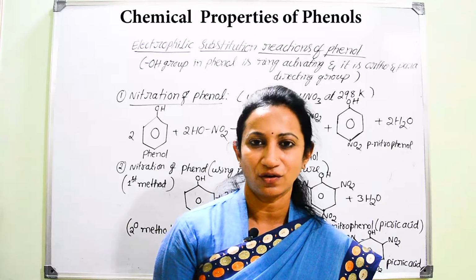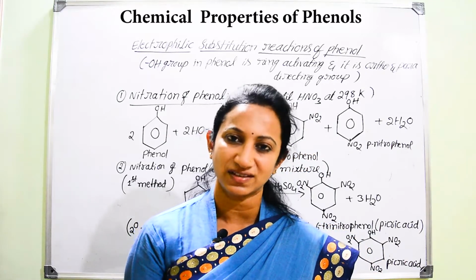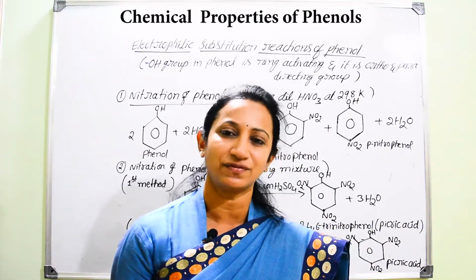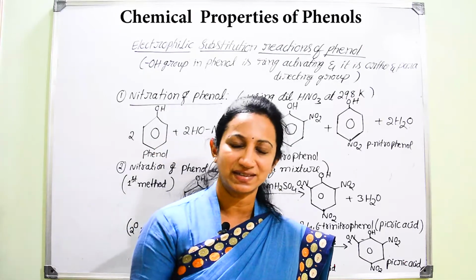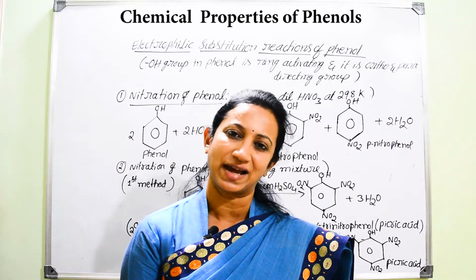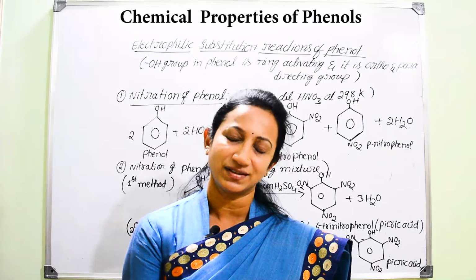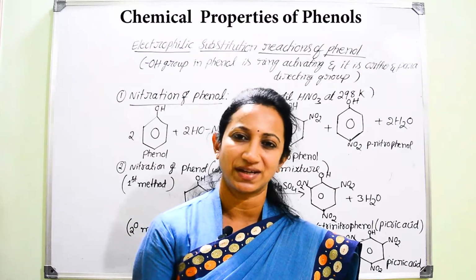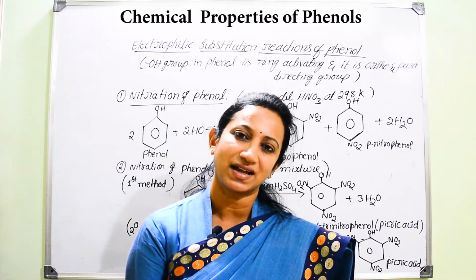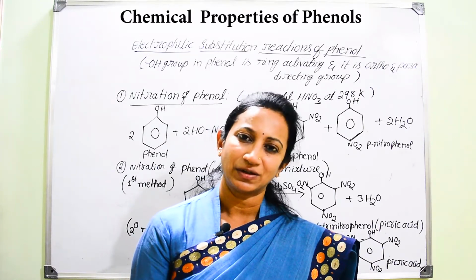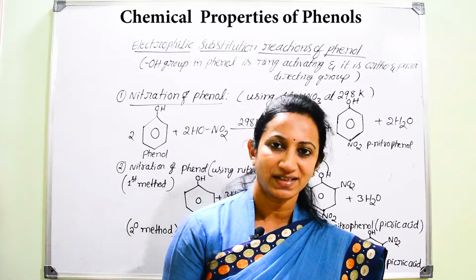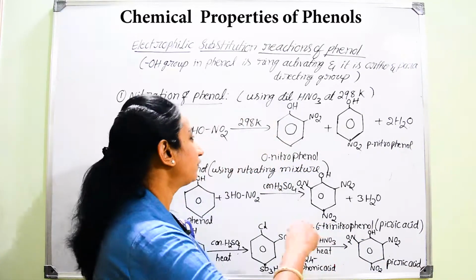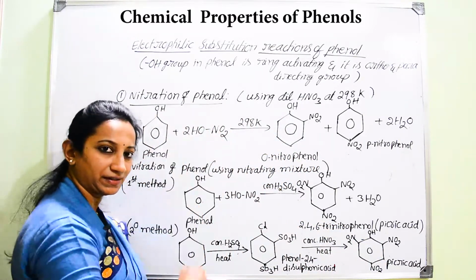So what is the part of OH group with respect to electrophilic substitution reaction in case of phenols? As you know, benzene can undergo electrophilic substitution reaction. But if you come to phenol particularly, it can easily undergo electrophilic substitution reactions, and the OH group is also considered as a ring activating group. Whenever it is attached to the benzene ring, it will be considered as a ring activating group.